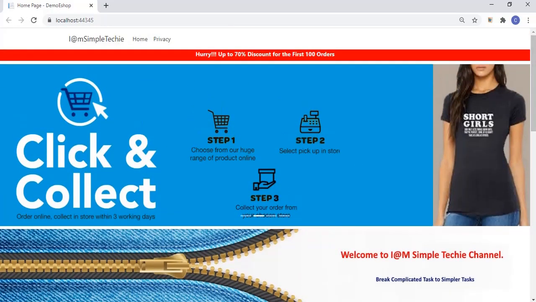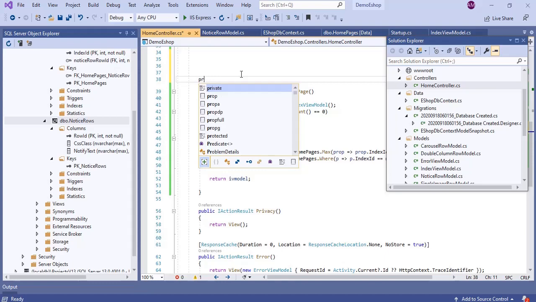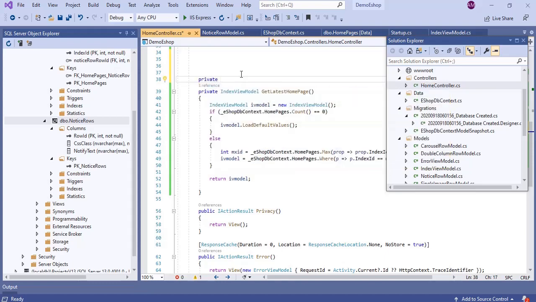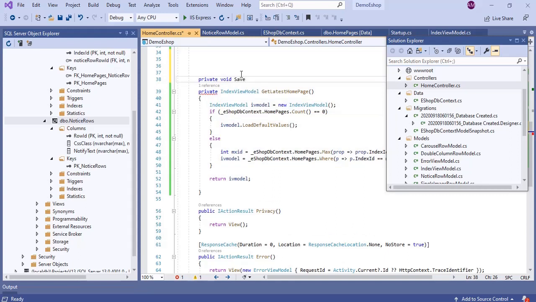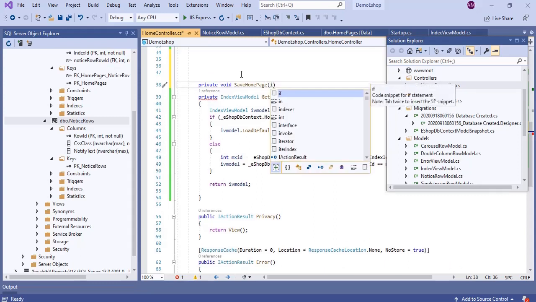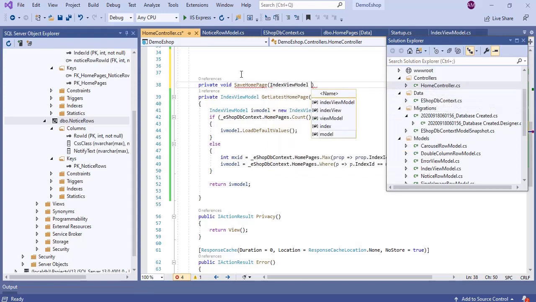Okay, now let's write code to save the home page. We are going to save only the notice row first, then after we will save one by one. We will write one more method to save the home page. Private void save home page. The input parameter is index view model IV model.